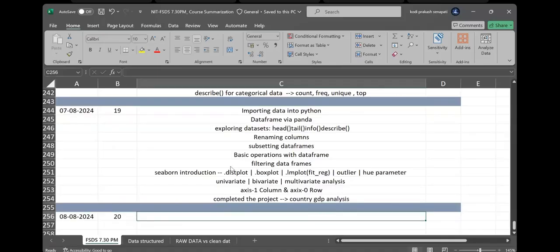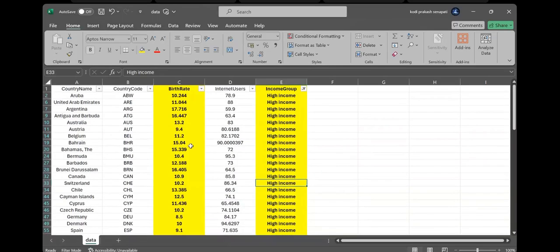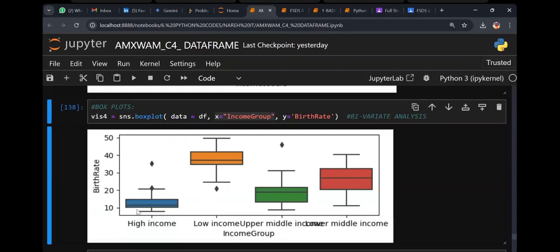But before that, if I show you this graph, this contains the minimum point, this contains the maximum points, and this is the outlier. What is this line? This line is called the mean or median. For example, I'll go here. What is the birth rate? What is the mean? 12.75 or not? The mean is 12.75. Just check. Do you see this line? Mean 12.75. So box plot once more, please.